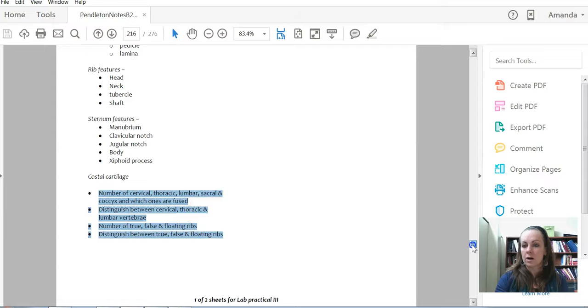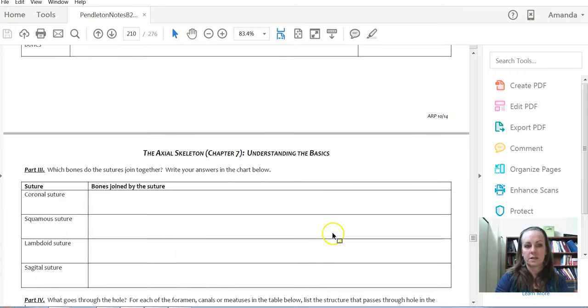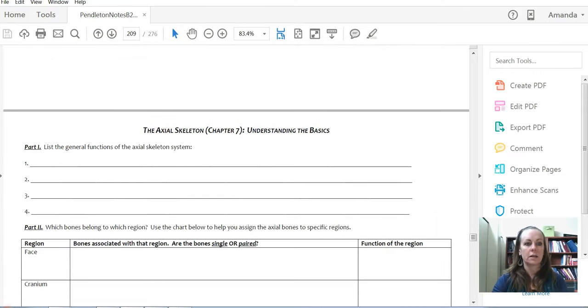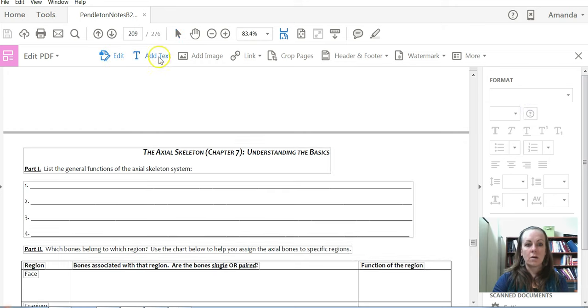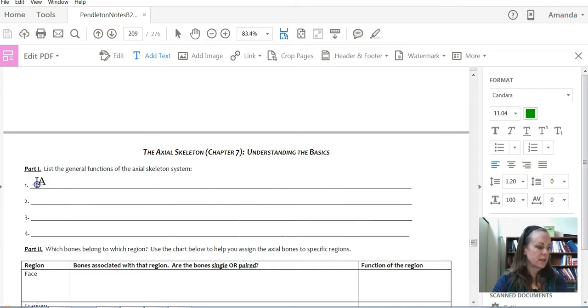So what I'd like to start with is to get some of these general functions and make sure that you're thinking about them correctly. And so we'll start with some of these general functions of the axial skeleton. Okay, it's going to support, which means it provides some sort of internal structure too, gives it shape, and also protects. That's protects from impact. Okay, the following structures: the brain, spinal cord, the thoracic and abdominal